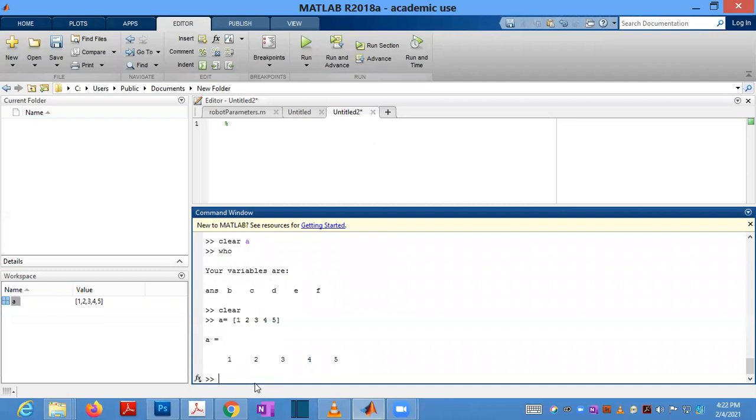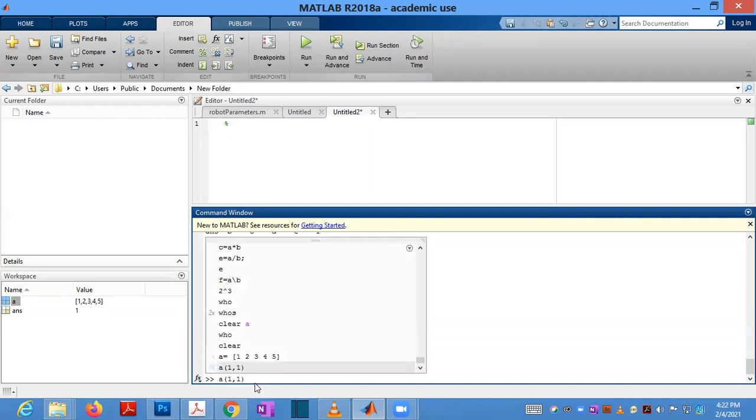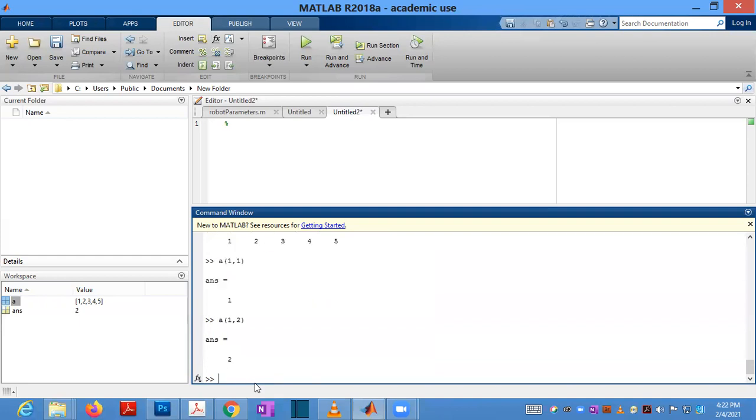And you can take the first element from that, A of 1, 1. So A of 1 is 1. A of 1, 2 is the first row and the second element, which is 2, like that. This is taken as a matrix only. So 1 row and 1, 2, 3, 4, 5 columns will be there. The first one is row and the second one is column. So it will display the first row and second column element, like that only.